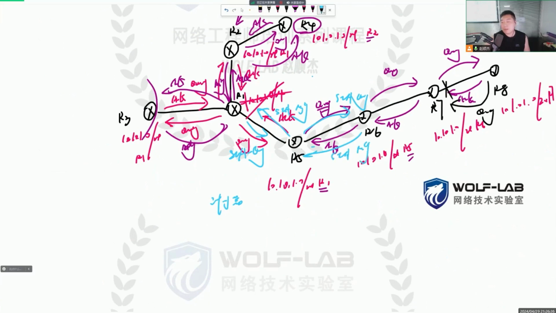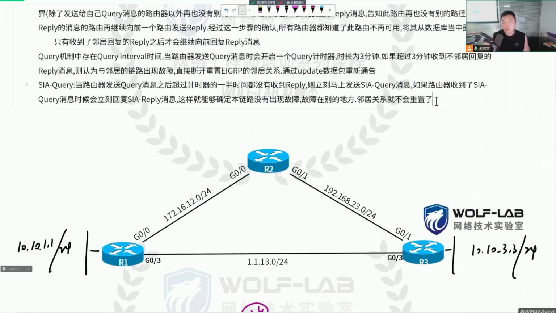Then if the timer exceeds and we can't receive the reply, we should similarly not reset our neighbor relationship. R6 sends an SIA query to R7. Then R7 replies with an SIA reply to R6. Everyone knows this link has not failed. Then R7 sends to R8. If R8 can't reply with an SIA reply, if the SIA query sent is not received, this route